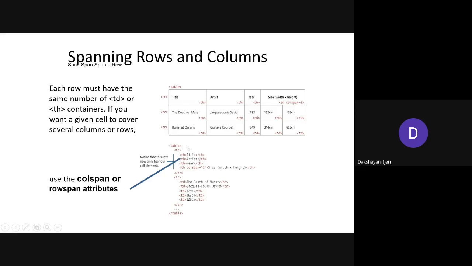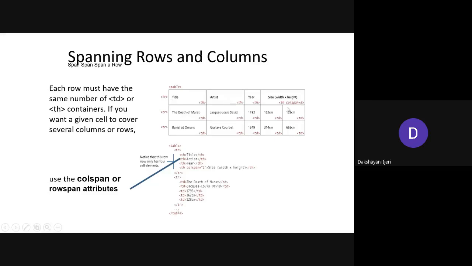So the visualization of the table makes it very clear how you need to create it and where you need to use the row span and the column span attributes, right? By seeing this table, you know that at the last cell of the first row, you want to merge the two contents with respect to the next two rows. That is done over here. You can see th followed by a space, colspan equal to 2 in double quotation marks, to tell how many cells need to be merged here. The next one is the content of that cell, then close that th and close that tr.